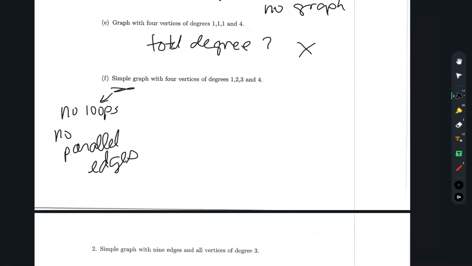So what do I have? I've got degrees 1, 2, 3, and 4 with 4 vertices. So I can make one of them a degree 1, right? And then if I make this one a degree 2,